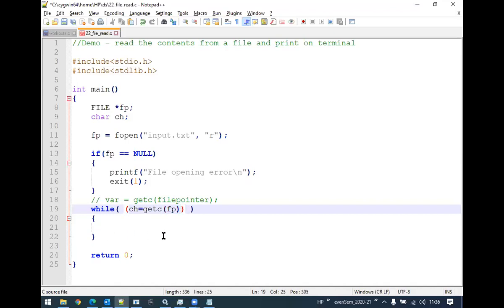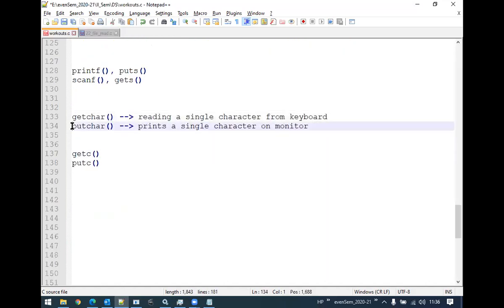Whatever this ch I have read, if it is not equal to the end of the file, that means it is a printable character. I can print it on the monitor. How can I print a single character on the monitor? By making use of the putchar function. By making use of the putchar function, a single character I can print on the monitor.